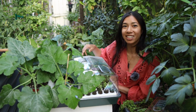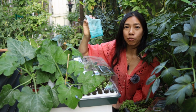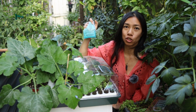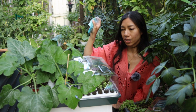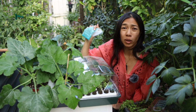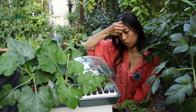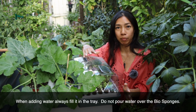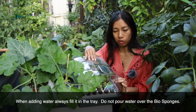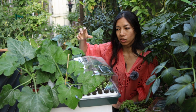you won't make this mistake, is that it actually came with this seedling fertilizer. This is what they use to start all their seeds, and they also carry plants on their website. And this is a 20-20-20 fertilizer. I thought it was really strong, so I didn't want to mix this in water and pour it in the tray from the beginning, but that's what I should have done, because when I started seeing the zucchini was getting